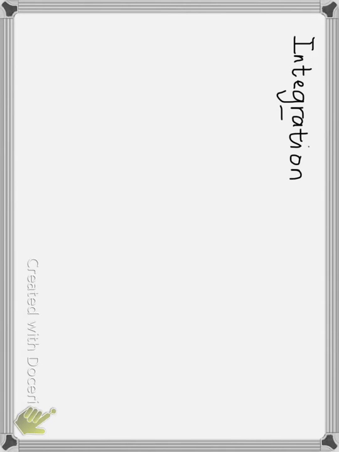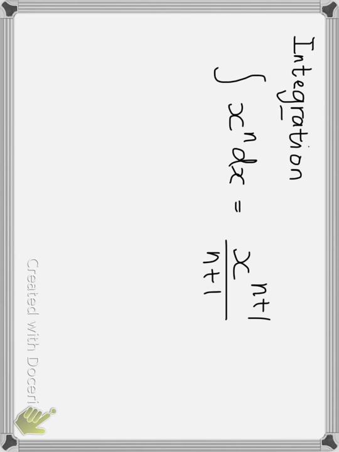Alright, so integration. So the basic way of doing it would be something like that. Earlier, when we do differentiation, it is always the index less 1. So now what we want to do is the index add 1, so it's just the opposite, and then divide by the result of that index, and then you add a constant, right? So this is how the basic